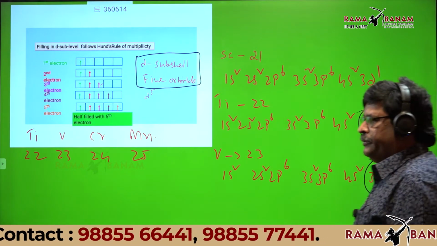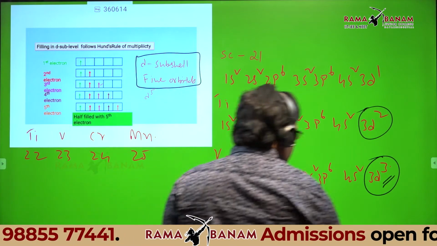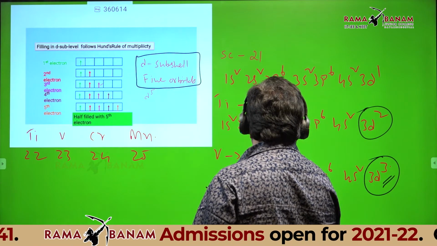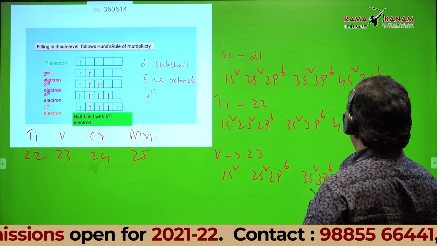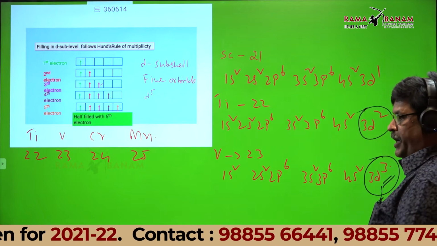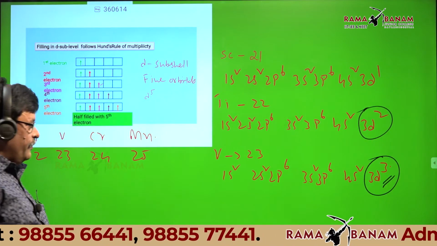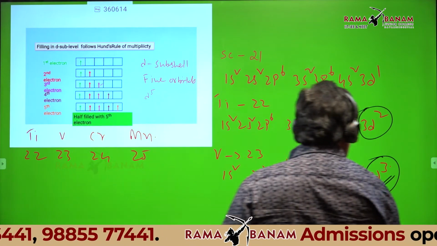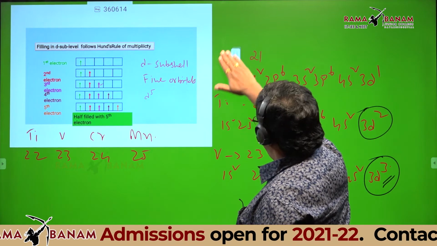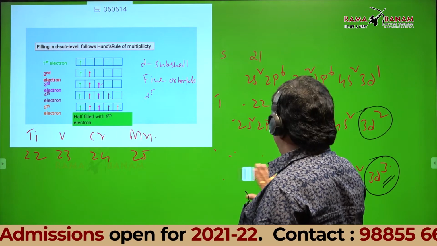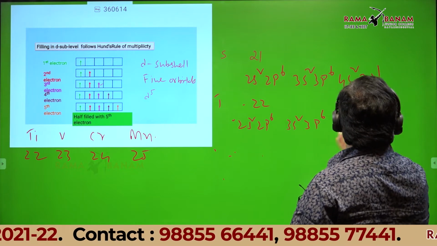Cobalt, nickel, copper, zinc. Now I'll go to the next slide. Sir, once wait a moment. Everyone completed this up to vanadium? Yes, sir. Right. Now, can you write for chromium and manganese? Yes, sir.